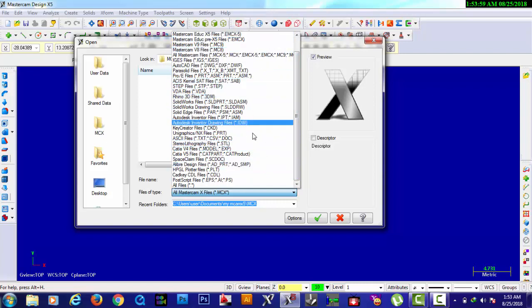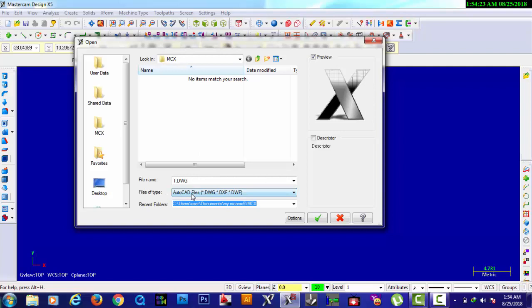Since I want to import AutoCAD files, I choose AutoCAD files DWG, DXF, DWF. I click.